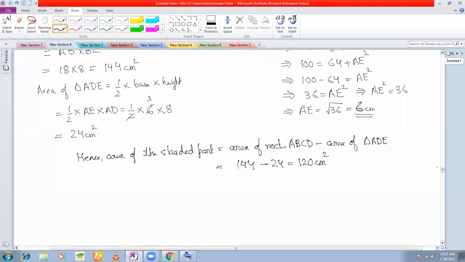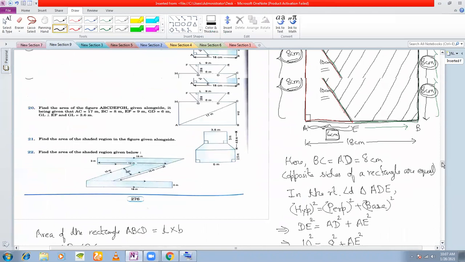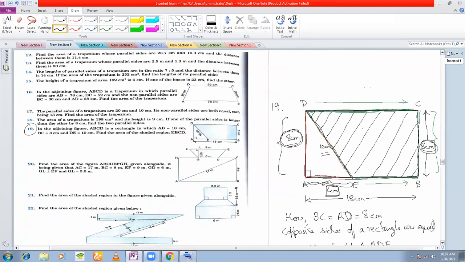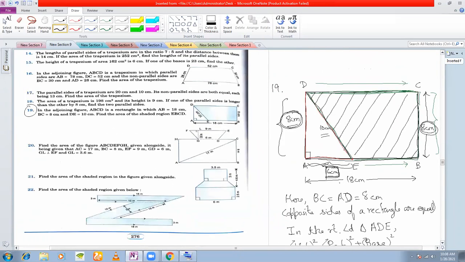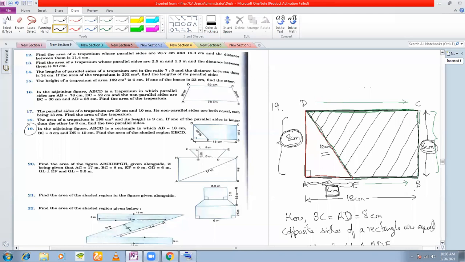Okay. Let me give you a little bit of hints about how to treat it as a trapezium. You see that we have found out the length of this as 6 centimeter. This is the second method, but I'm not writing everything. I'm just giving you a hint of how to do the second method. What you will do is you will proceed till this part, find out the length of AE, okay? And then once you have found out this length, you will find out this length. What is this length? This length should be 18 minus 6, right? Which is equal to 12 centimeter.